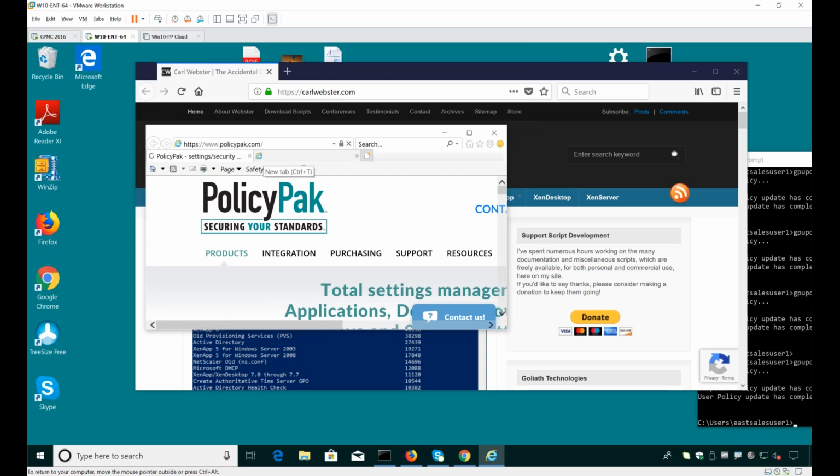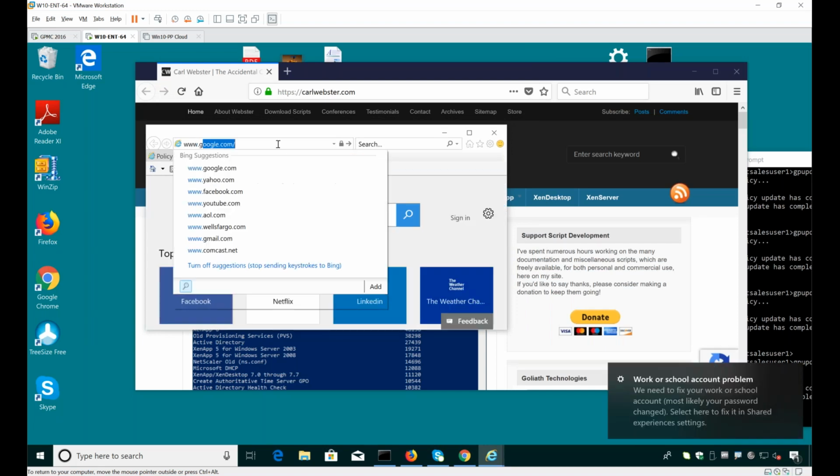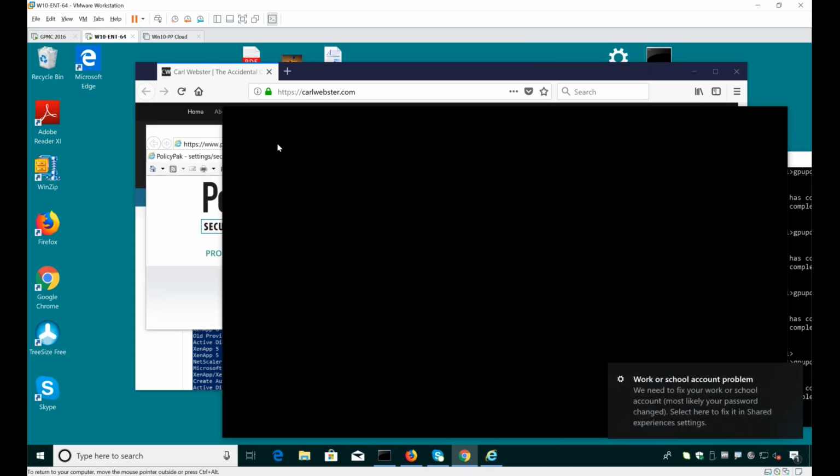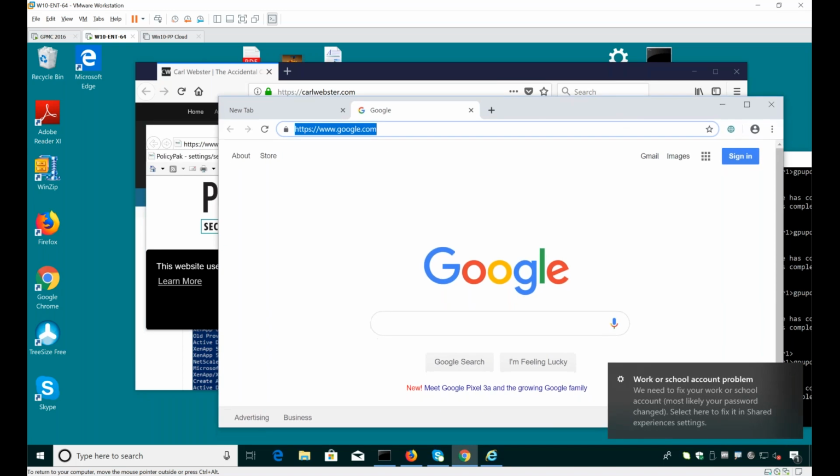Same thing, if you're going to G Suite or doing things like that, you might want to make it so that every time you go to Google or anything like that, bang, wrong browser close, right browser open, and you're off to the races just like that. Have you seen situations that might call for this?